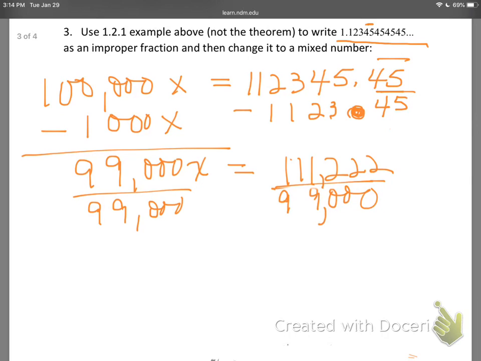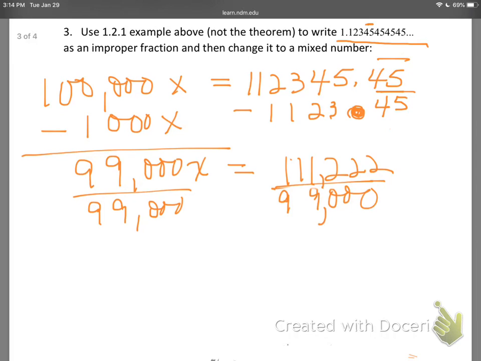Now, I should notice that that's an improper fraction. That should not be a surprise. The number that I've been working with is a number greater than 1. So my fraction has to be an improper fraction. So I'm going to rewrite that as a mixed number, and 99,000 can go into